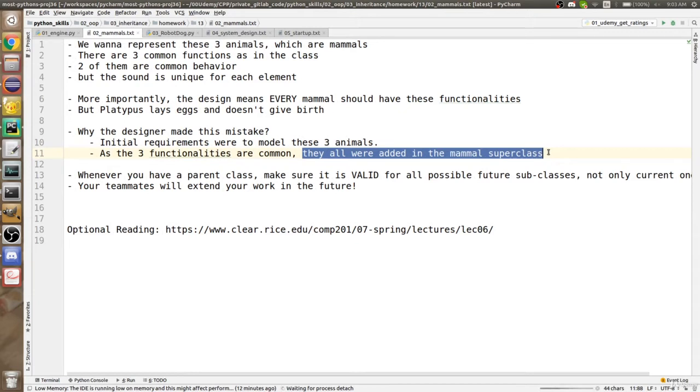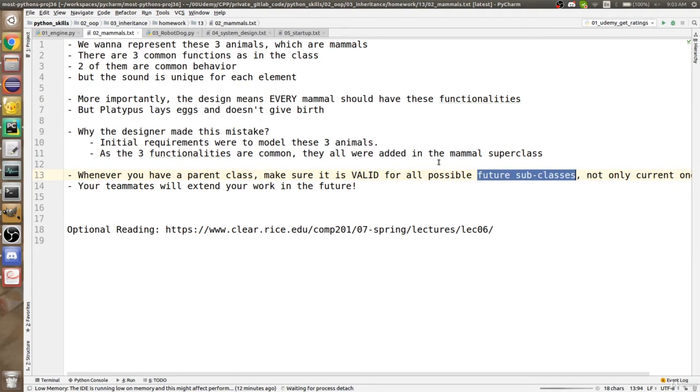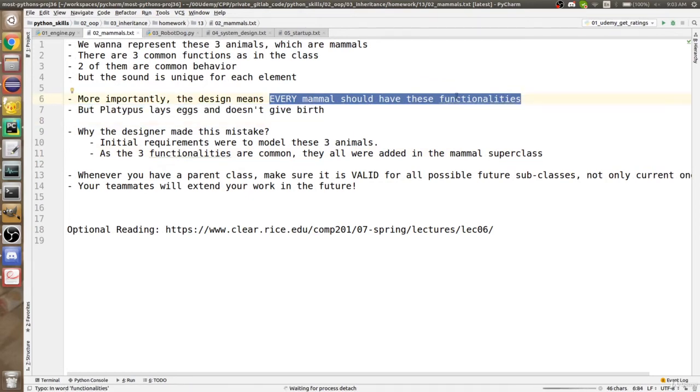But where is the problem? The problem is you have to validate that even future subclasses are going to fit with your current classes, and this prediction at scale is very, very hard. So this is mainly the core of this problem here. In practice, you might design a class as a superclass for a bunch of cases that looks very good and very well, but the real problem happens when you would like to add new classes in the future that don't fit with the hierarchy anymore. Think deeper about whether your class is good even for potential future classes.